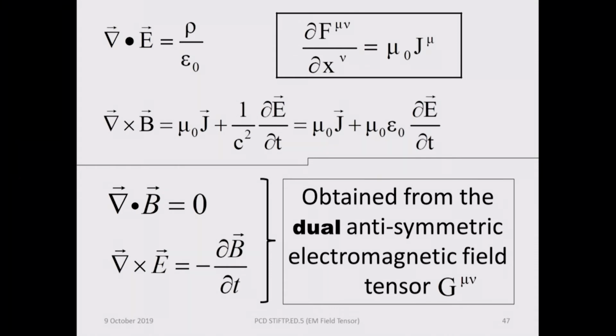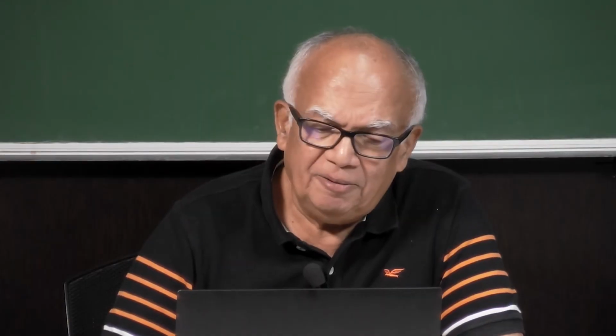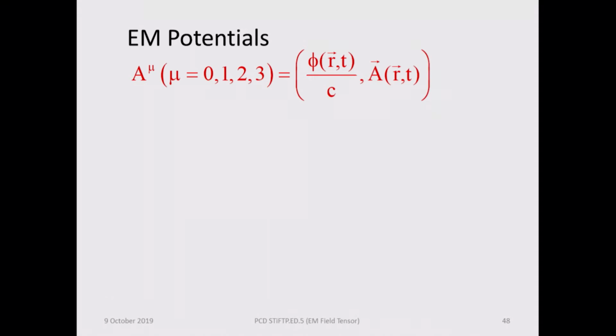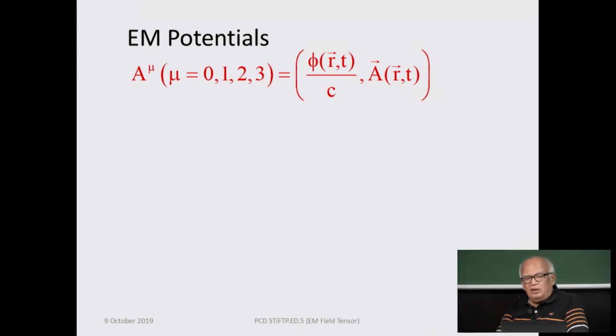But you need another 2. Where do you get them from, and how would you get them? These are obtained from another tensor, which is also an electromagnetic Maxwell field tensor, which is completely equivalent to the previous one, but not the same. It is similar, but not the same, and you can see how to get it because we wrote the